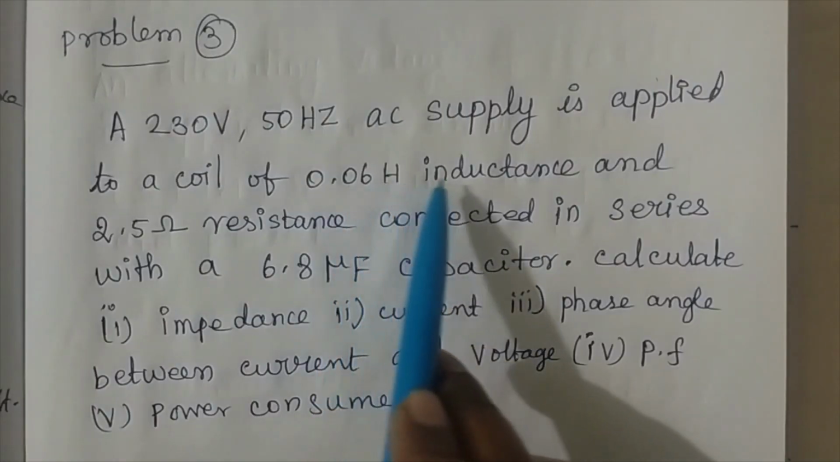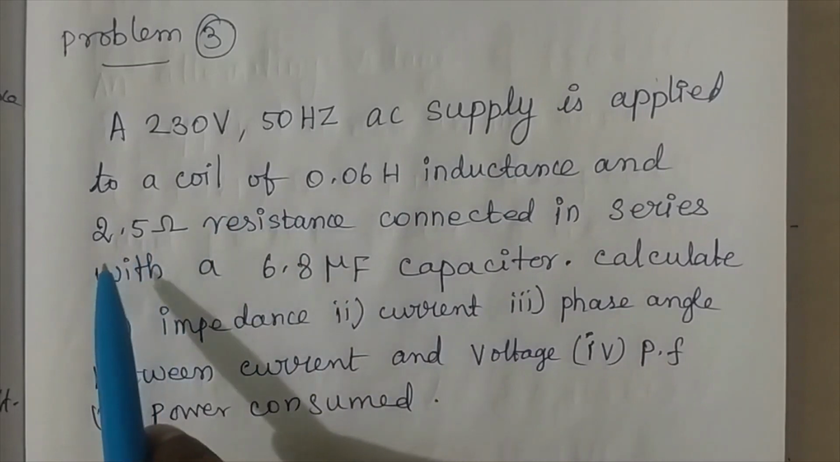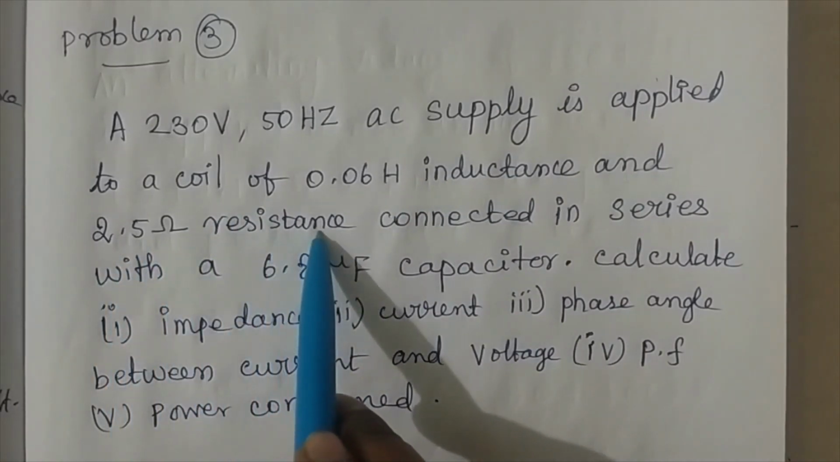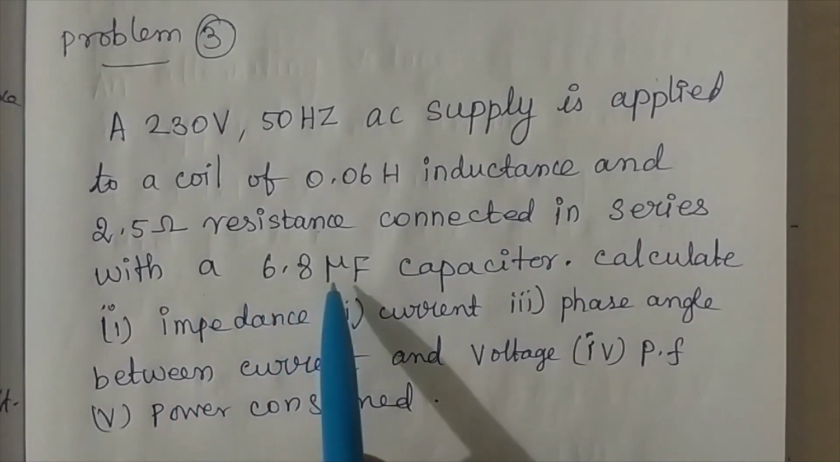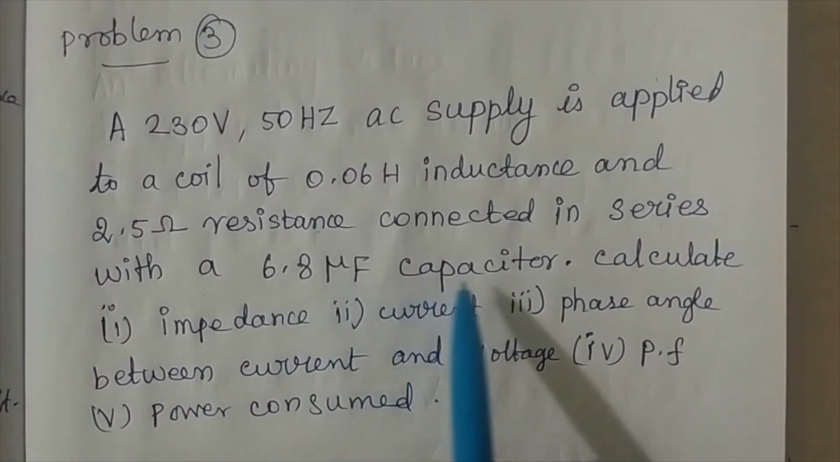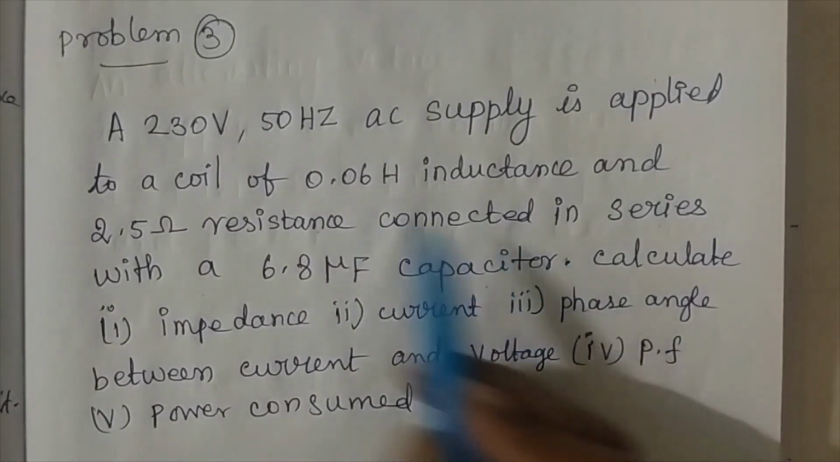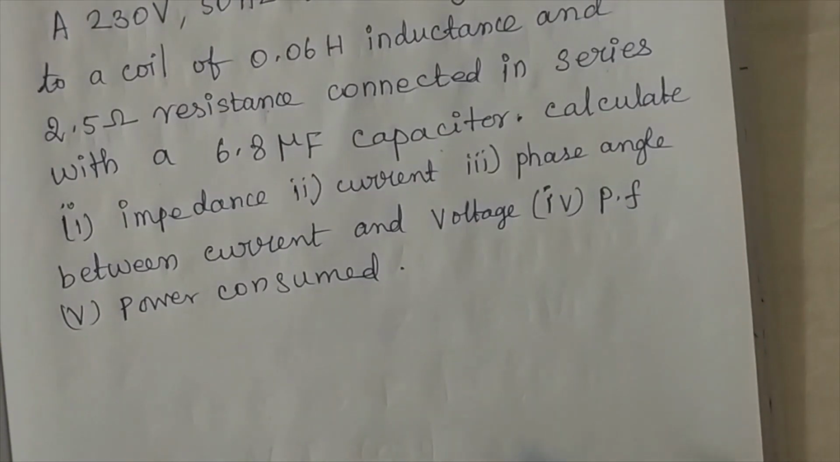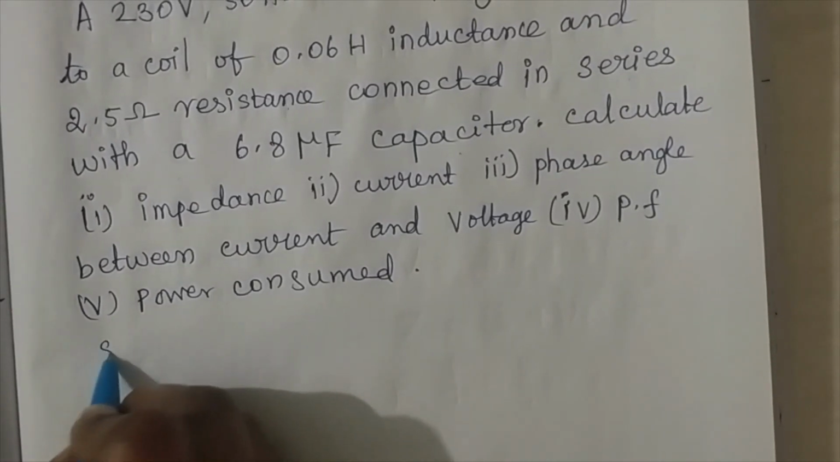0.06 Henry inductance and 2.5 ohm resistance connected in series with a 6.8 microfarad capacitor. Okay, so by using this data we have to draw the exact circuit diagram. Okay, so for the solution,